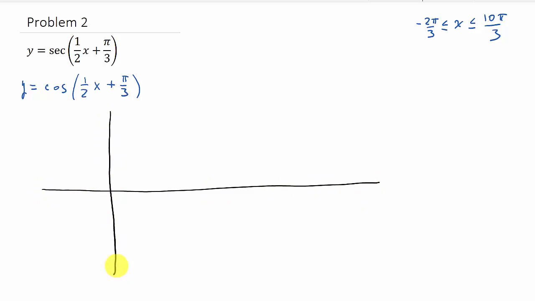Alright, now if you notice here, I drew in the y-axis, but let's look at this. I'm going from negative 2 pi over 3 to 10 pi over 3. Well, where do I put the negative 2 pi over 3? Where do I put the 10 pi over 3? How far or close are they from the y-axis? Well, we don't really know because we know one's on the left-hand side of the y-axis and one's on the